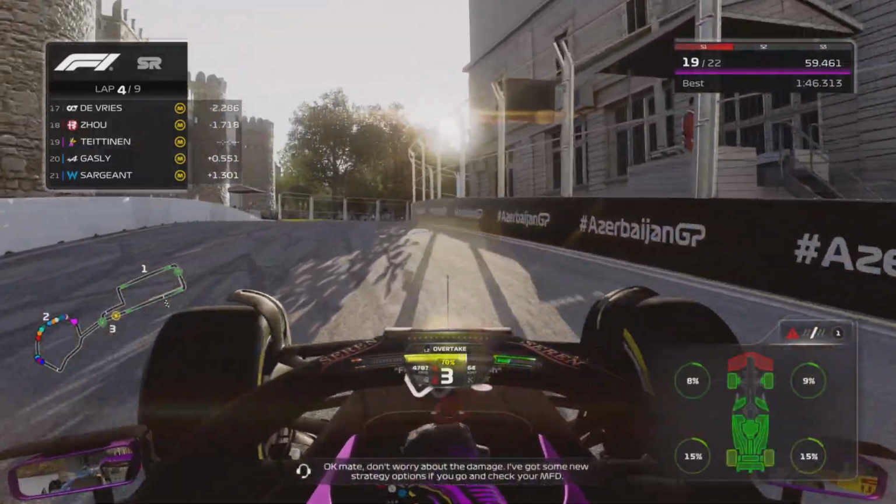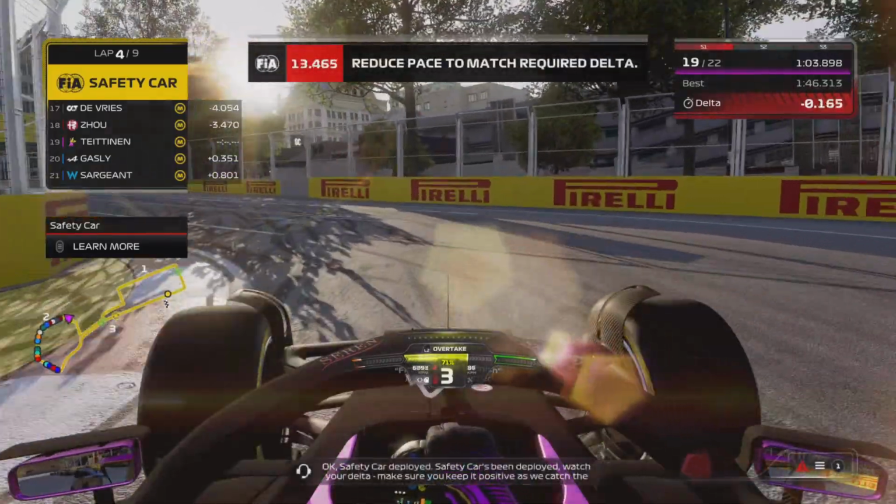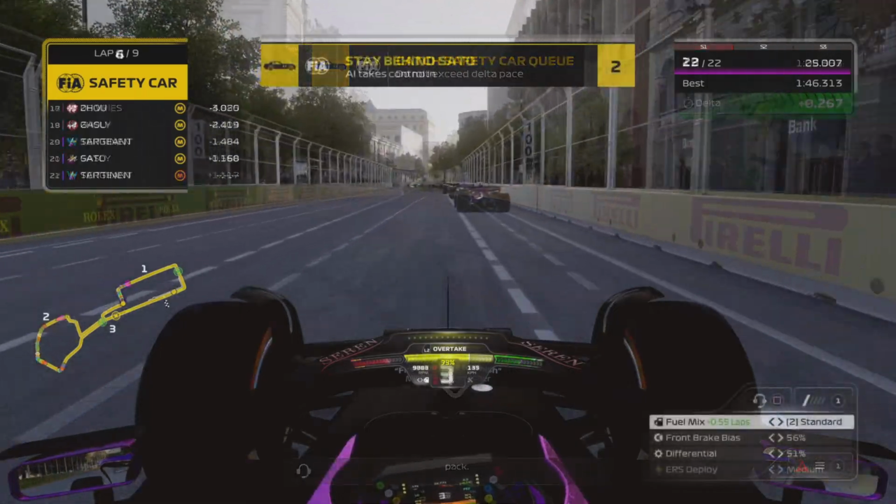Okay mate, don't worry about the damage. I've got some new strategy options if you go and check your MFD. Okay, safety car deployed, safety car's been deployed. Watch your delta, make sure you keep it...